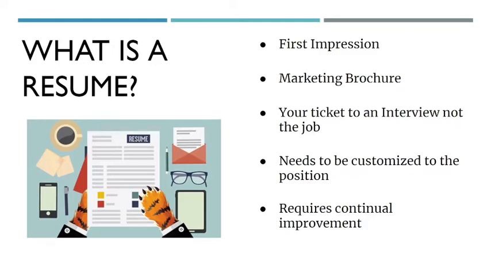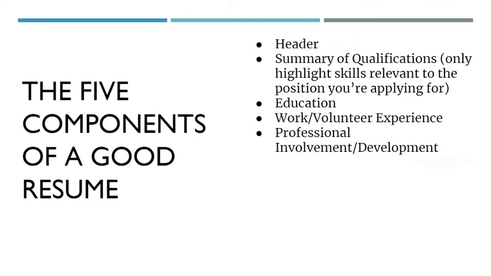And a Wikipedia page is including your full work history and everything you've ever accomplished, which may not be relevant to the job description. Remember that resumes should be customized to the position and require continual improvement. So the 5 components of a good resume include a header, summary of qualifications, education, experience, and professional development. I will be going through all 5 of these in this presentation today, and you can follow along with your